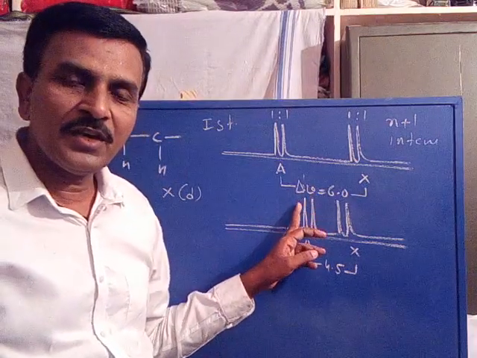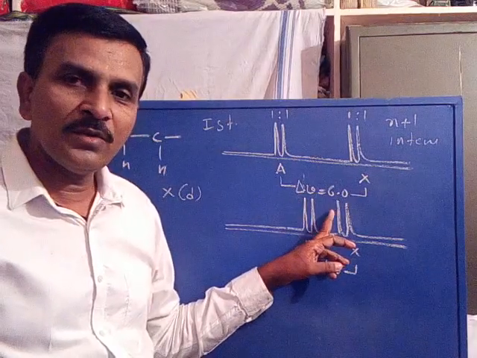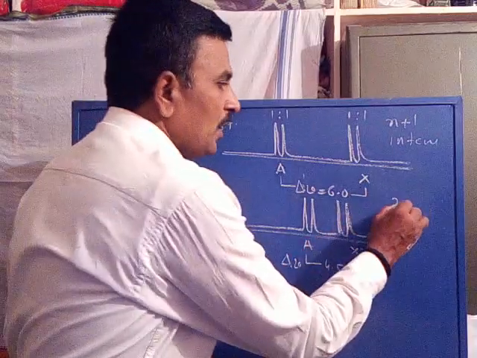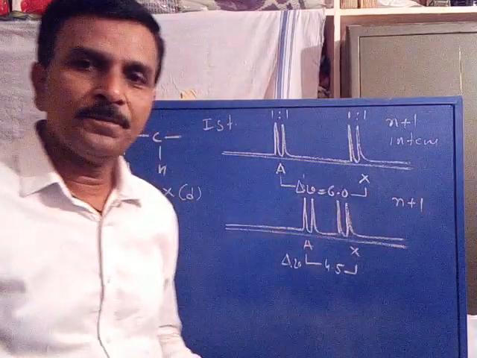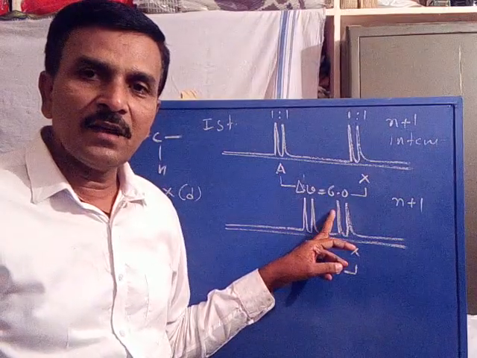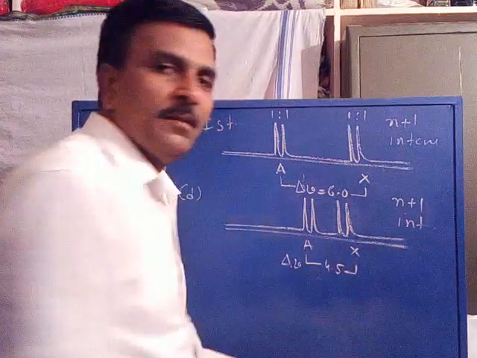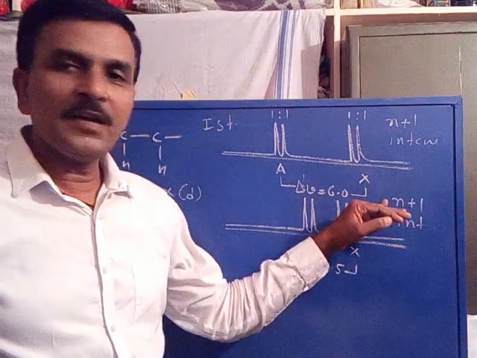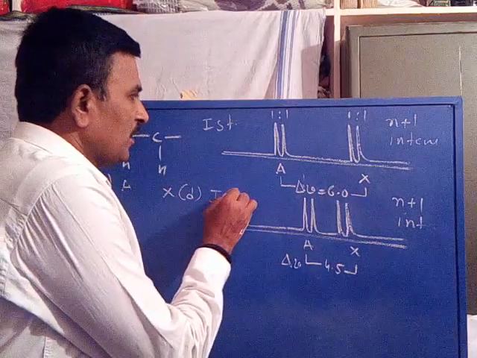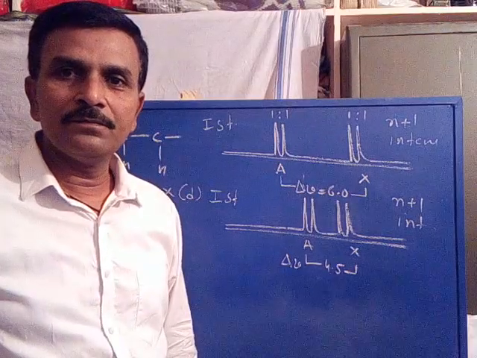That is, the first signal appears as a doublet according to the n+1 rule. The second signal also appears as a doublet according to the n+1 rule. So the n+1 rule is applicable. Now the first signal intensity is 1:1. The second signal intensity is also 1:1. Therefore, simple multiplicity and simple intensity rules are applicable. Again it becomes first order. Is it clear? Now coming to